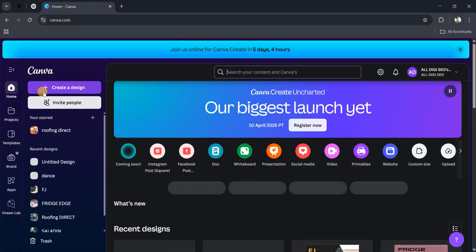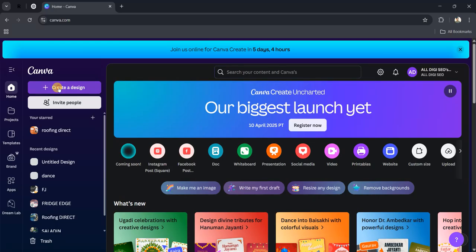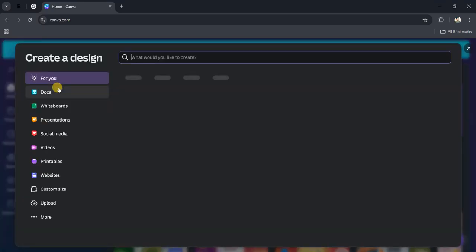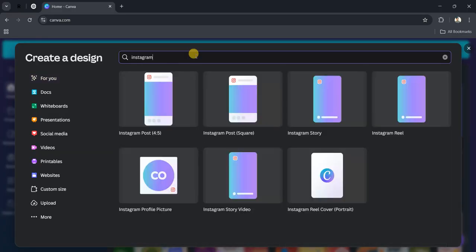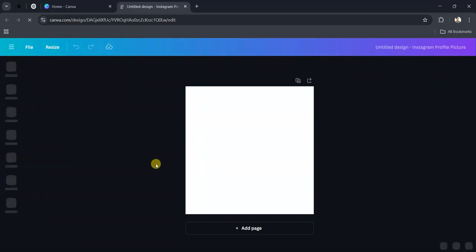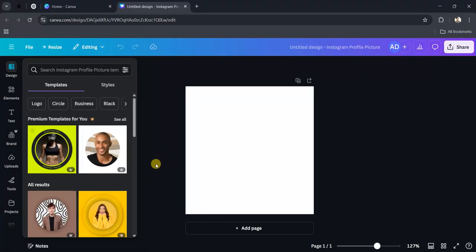Okay, now you have to click on here, create a design. Now a new window will appear. In the search list type Instagram. Now you can see this option here, Instagram profile picture. Click on here. Now the best thing about Canva is it gives you hundreds of ideas of templates, so you